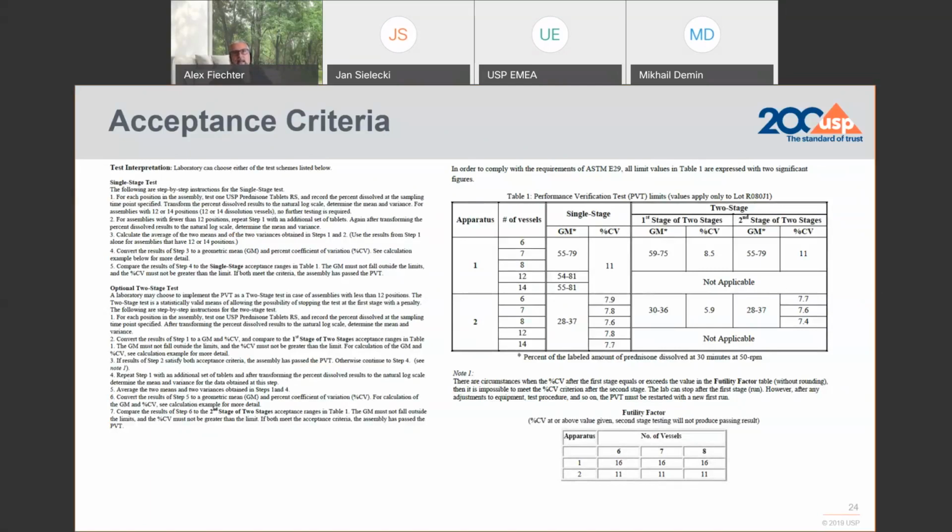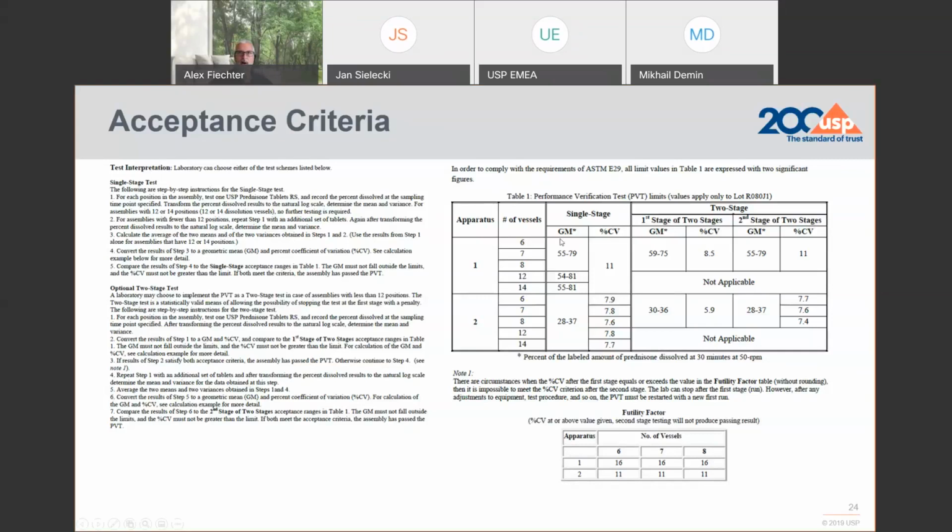Single stage means for a 6, 7, or 8 position test assembly, you do one test with 6, 7, or 8 tablets, and you do a consecutive test of again 6, 7, or 8 tablets, and statistically calculate the geometric mean and percentage CV based out of these 12, 14, or 16 test results.